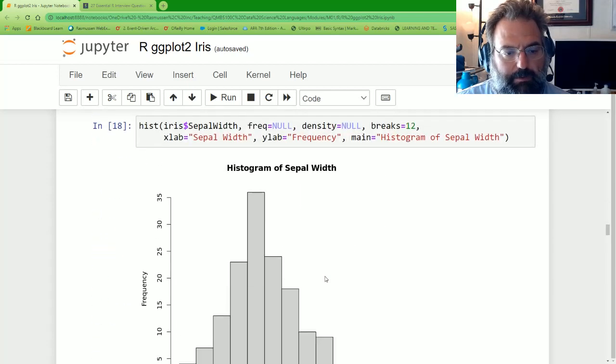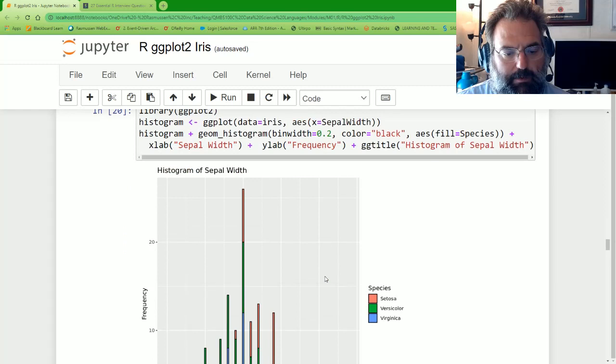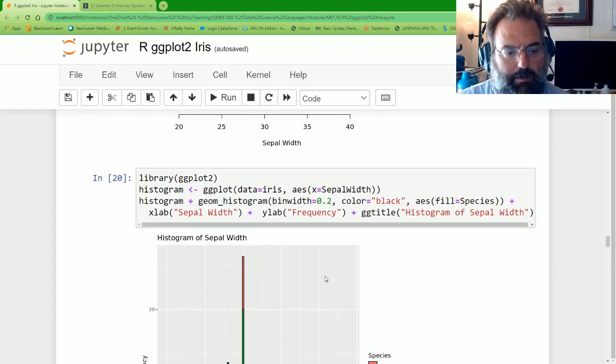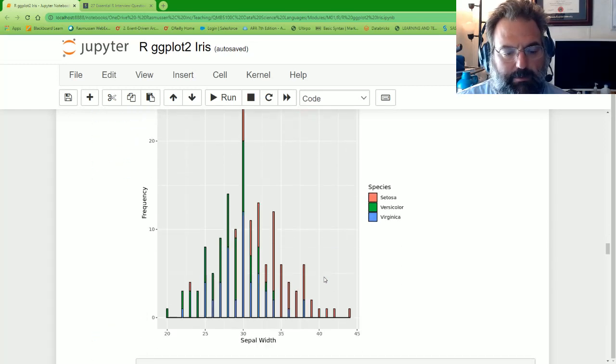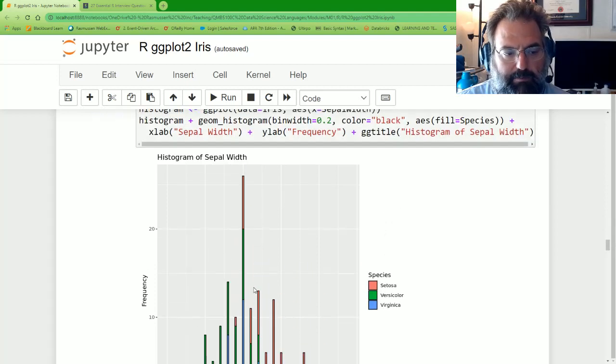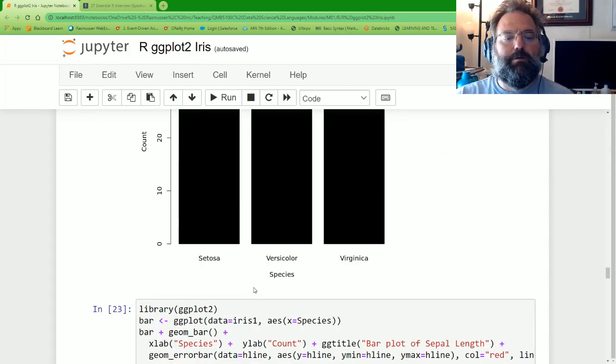Histogram, so with sepal widths, a stacked bar or a stacked histogram. It's broken down by species. That's a very nice graph. So these are the good examples of graphing,